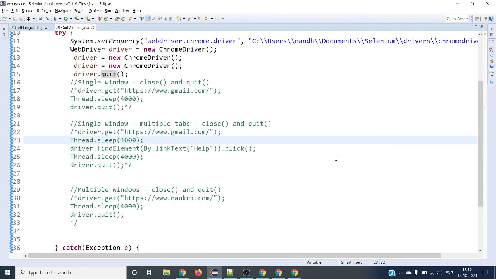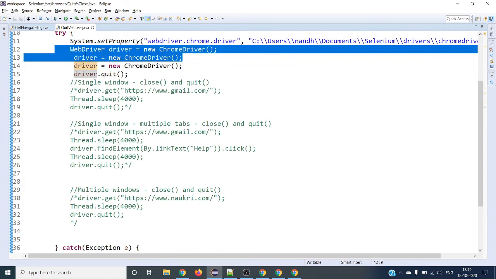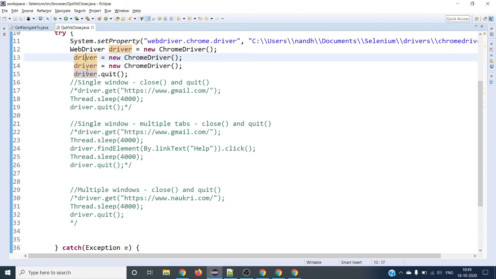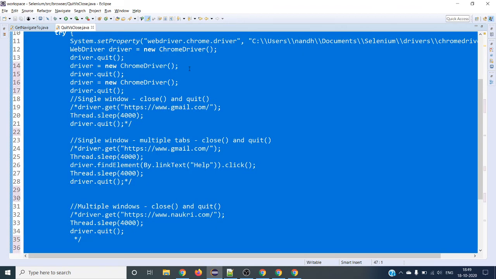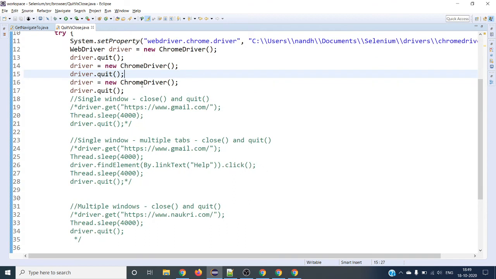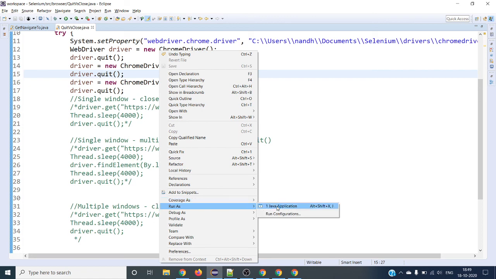Why it is behaving like that is because we have assigned the driver with the latest ChromeDriver browser. So the rest two always remain open, because it's already in the garbage collector. If you want to close or quit these before you go for another window to open, you have to handle it that way. You have to close it and then do that. There is no other alternative to close your browser in this case. You can use close or quit. Let's see how it behaves.